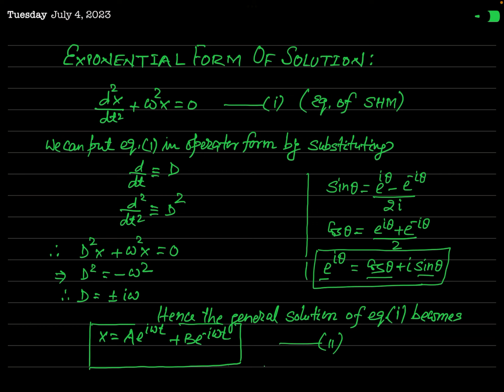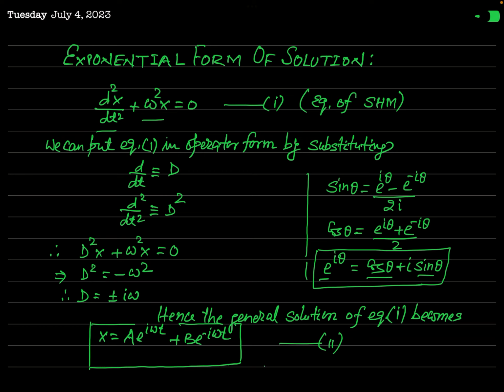Okay. And for this, let us see. The equation of SHM is what? You know, this is d2x by dt square plus omega square x equal to 0. Okay. Actually, this equation 1, which is the equation of simple harmonic motion in differential form,